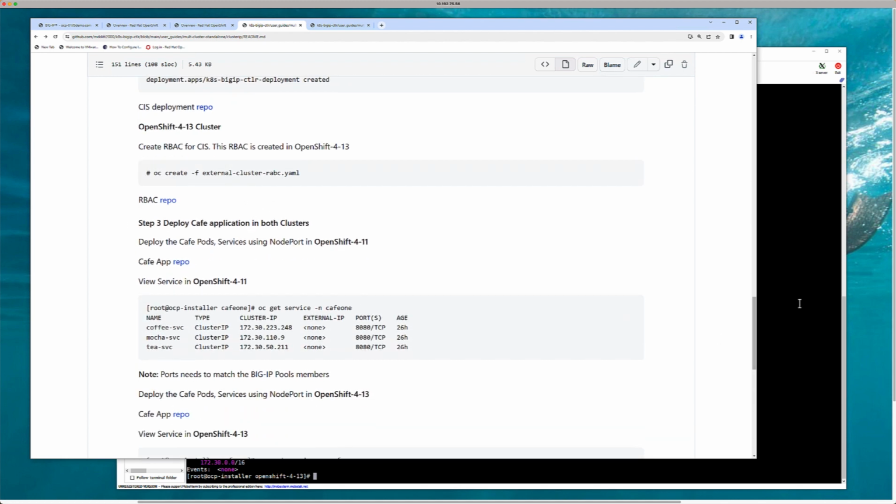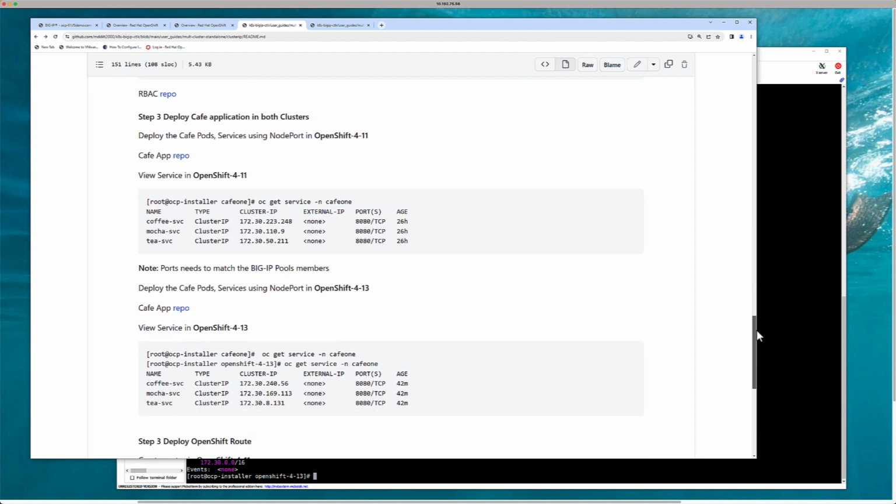Go ahead and deploy your app. You can see my two apps are deployed. You'll notice right here I'm using cluster IP. So this is the cluster IP for these apps. What I want is actually the pool IP. And so let's go take a look at these applications